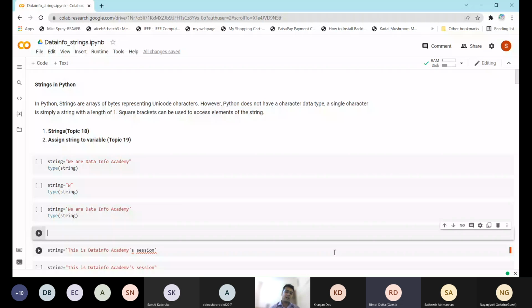And one more easy thing in Python is that you don't have to separately declare the data type of a variable. In other languages, if you have to declare a variable for an integer, then you have to give something like int s or int a. For instance, if you have to declare, sorry,